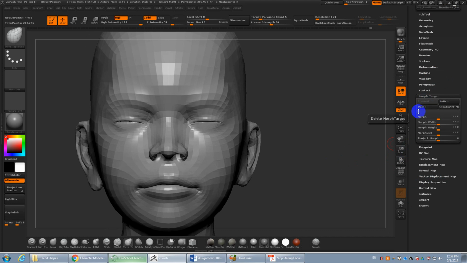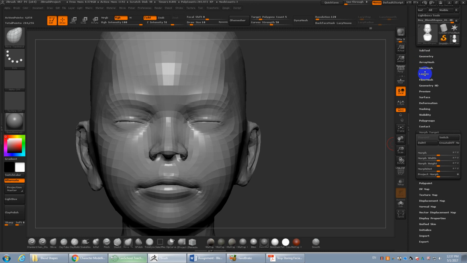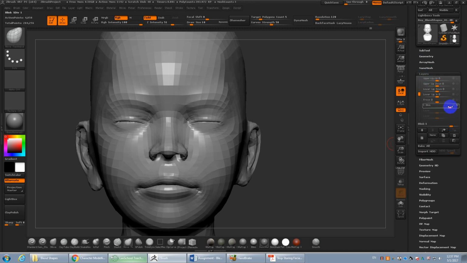Okay, so next up, I'll set the blink on this one to full strength. Go to Morph Target. I have one stored from something else. I don't care about it anymore. I'm going to delete it, store it, so I'm storing the blink. Go to layers, turn down the symmetrical blink, and now I'll just create a new layer and call it blink